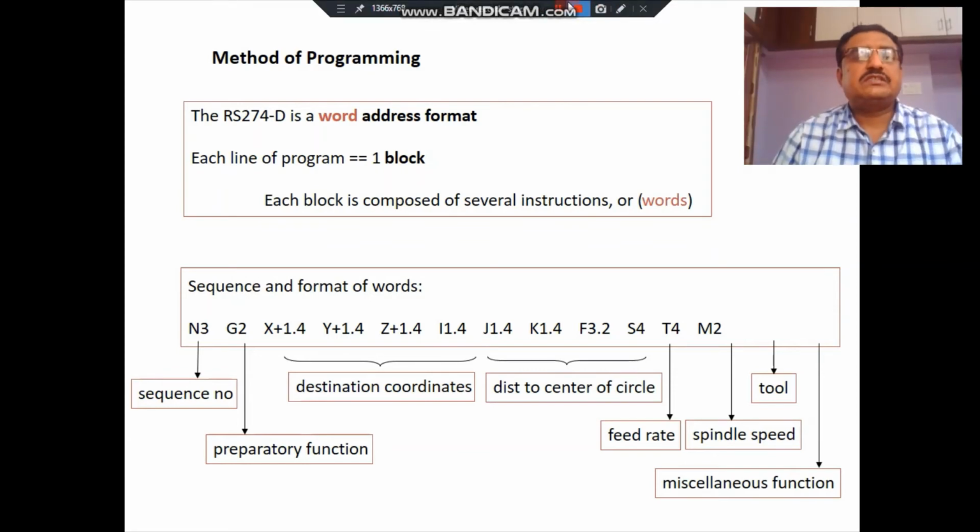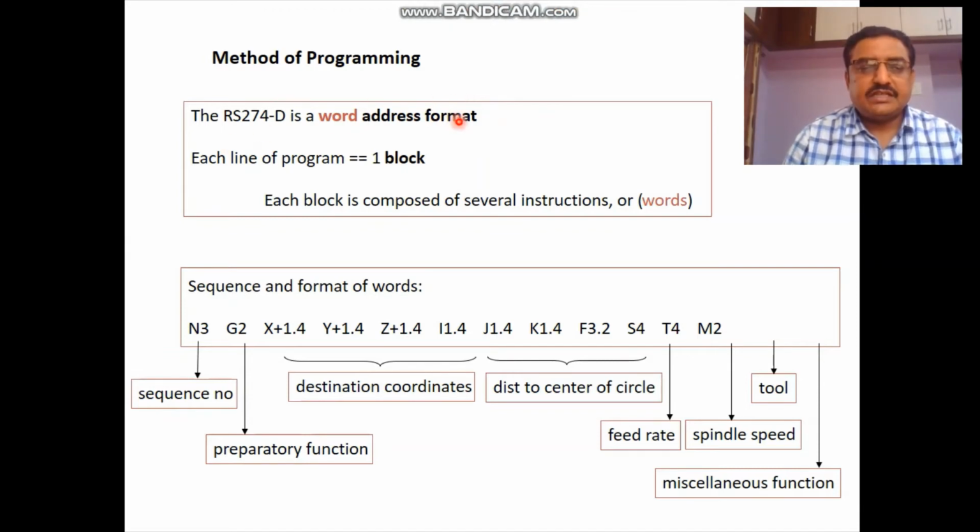Now we'll discuss manual part programming, how the program is written in the exam. This method is called word address format. This is one line written for the CNC program. One line is called one block, and one block has some addresses with a sequence number. The machine works block by block, so one block is one command, one sentence, one instruction given to the machine. Such a large number of instructions combined together make a CNC program.